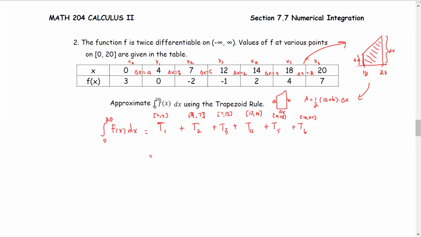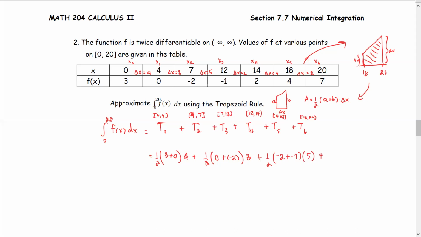The first trapezoid using the formula is 1/2 times the height of one side plus the height of the other side, or the sum of the function values, going to be 3 plus 0, multiplied by the delta x, which is 4. Plus, next one is 1/2 multiplied by the sum of the two parallel sides, which are 0 and -2, multiplied by the width, which is 3, and T3, which is 1/2 multiplied by the sum of the two parallel sides, which is -2 plus -1, multiplied by the width, which is 5,